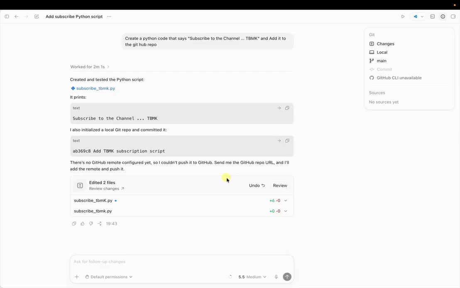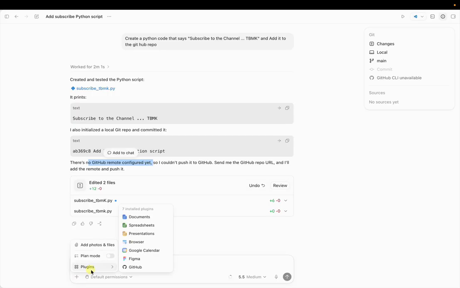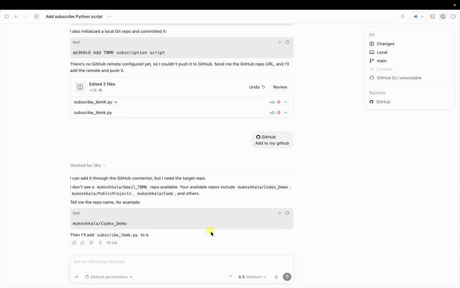Okay. Now you can see that it has created a Python file for me, but it says that there is no GitHub configured yet, right? So now I have to configure my GitHub. To configure the GitHub, I can go to plugins, and then you can see that I have something which is called GitHub, and then add to my GitHub. Now if you want to simply add it to any of the repository, you can just go here and add the repository link, or I can simply say that